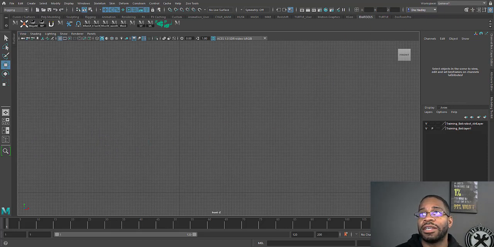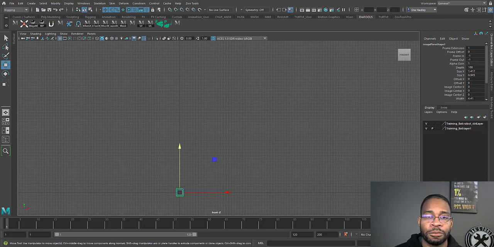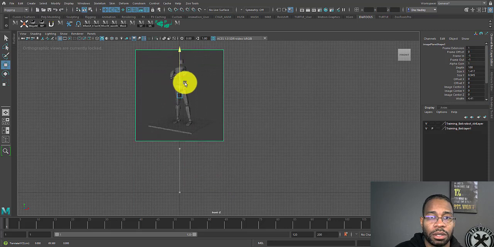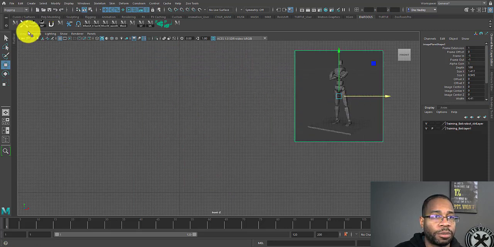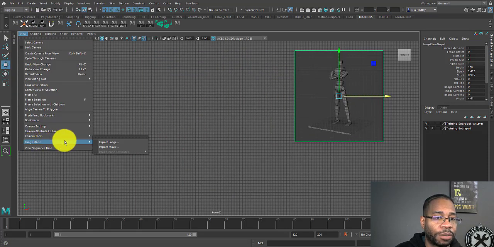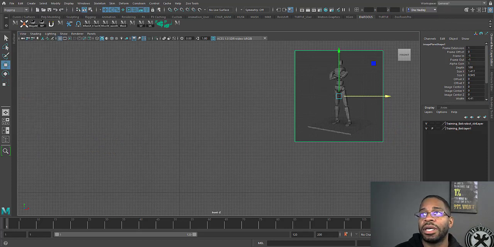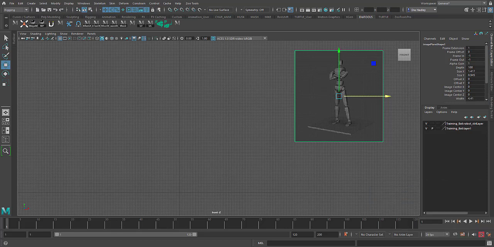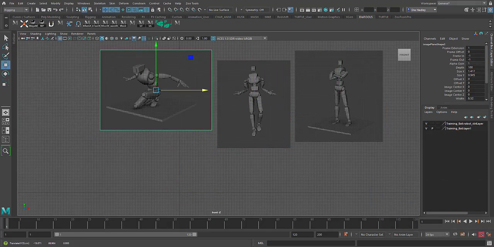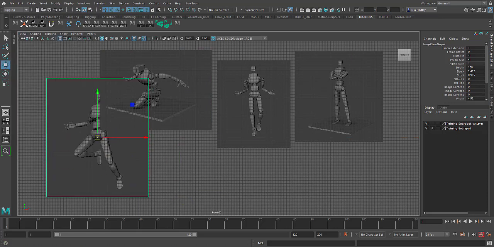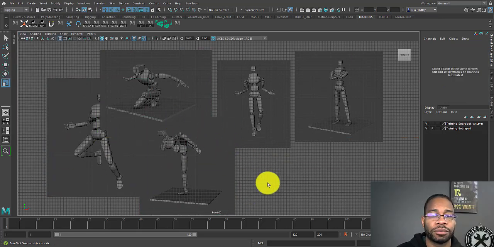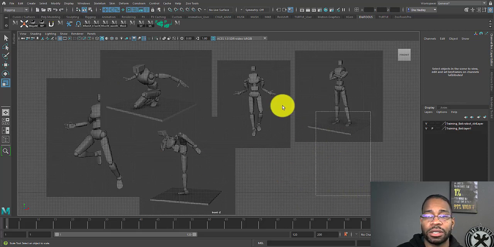Find the location I saved all my character poses at, and then from here I'm just going to start, scale this up, put my poses up, and I'm going to continue to do the same thing, import image plane, and grab the rest of my images. Alright, so now that I have all my images,